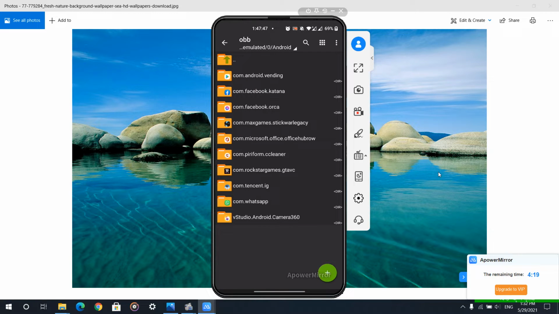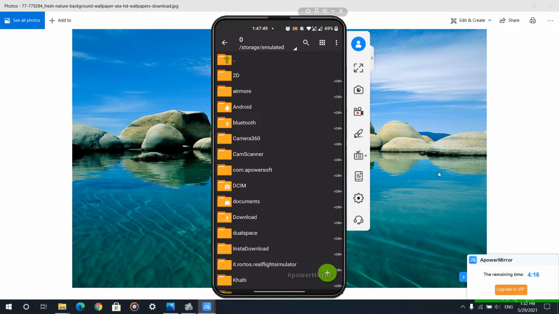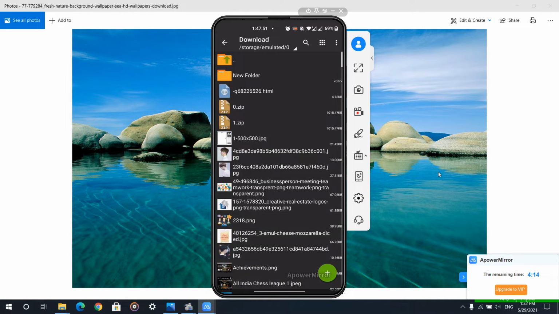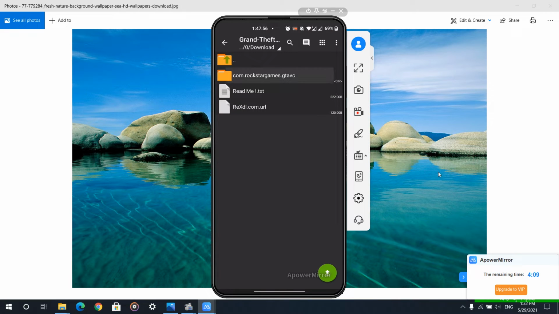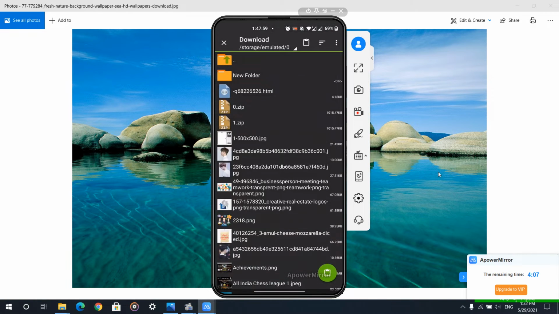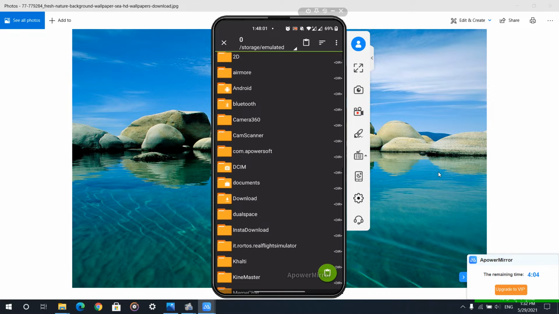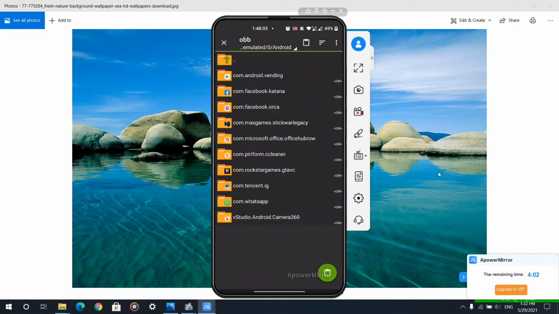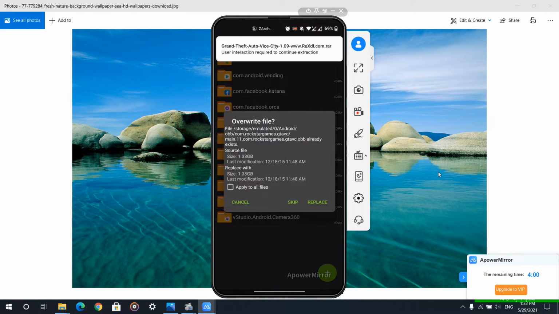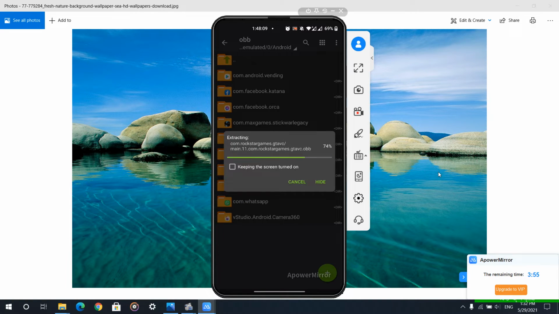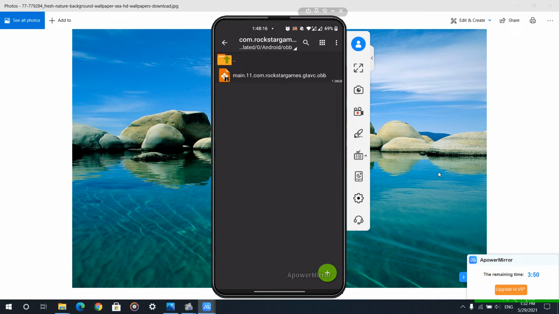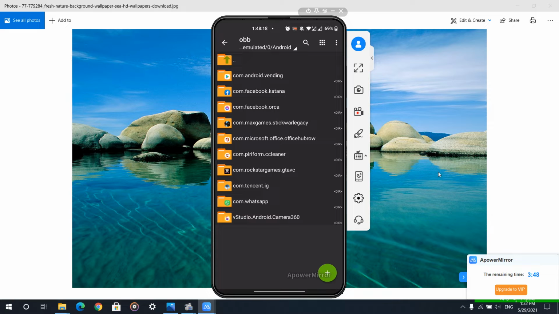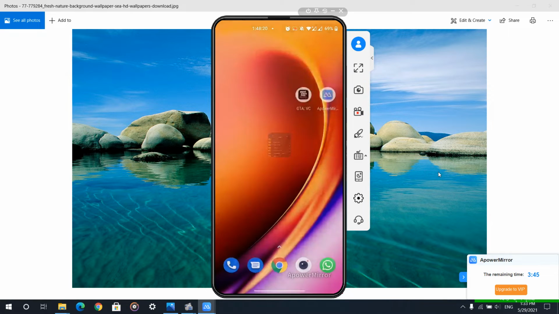Oh wait, sorry, I will show you again where that was. Go to download and go to your file, long press, view, after long pressing copy, after copying go back and go inside the Android and go to the OBB folder and just paste. You can see here I have already pasted, so I will replace. Guys, I have replaced my data file that is known as the OBB file. You can see here this is the OBB file. I have pasted over here, and now I am going to play the game.